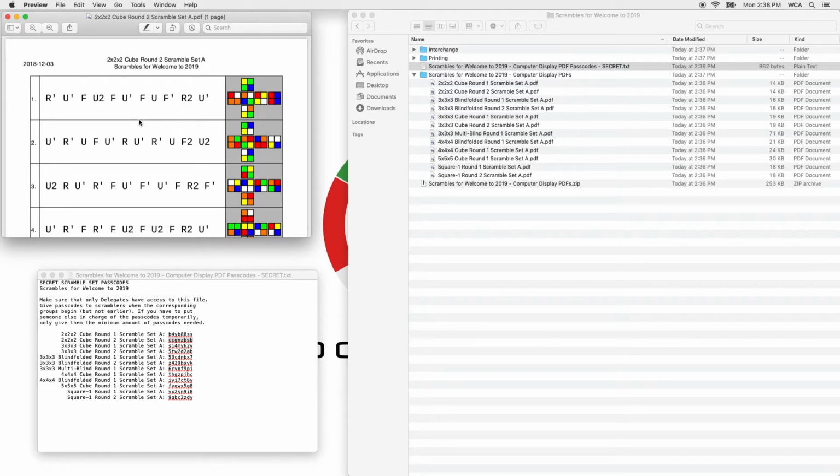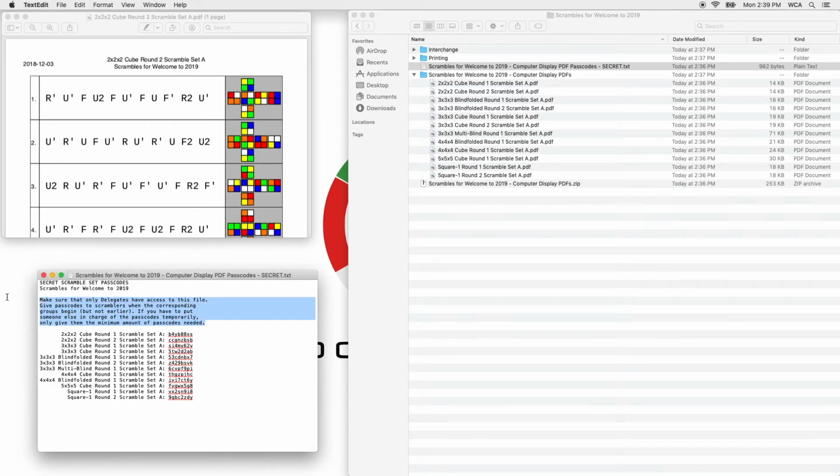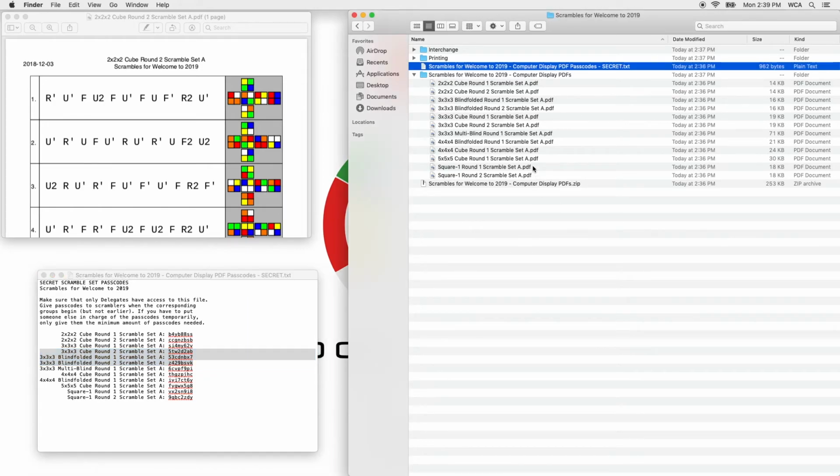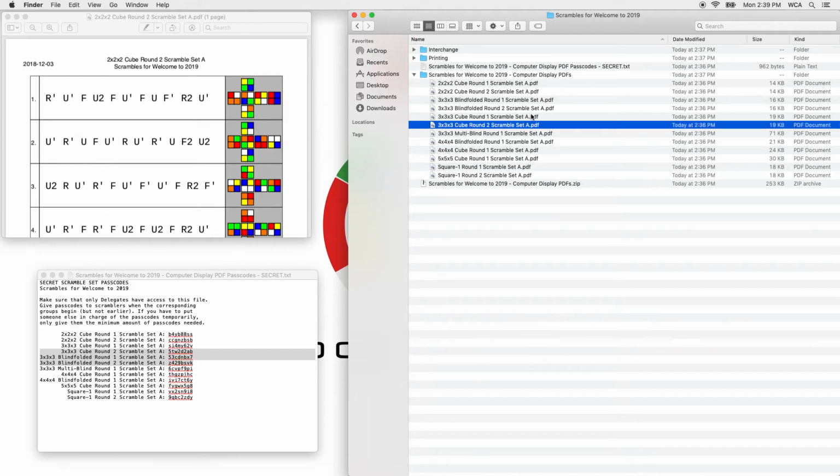And as described in this file, the delegate should make sure to keep access to these scrambles restricted, but if they ever need to, let's say, compete in a long event themselves and there are no delegates available, they can pick one trusted person, only give them some set of scrambles without sharing all of them, and allow scramblers to open only those groups. And of course, you can also make sure to only distribute certain PDFs inside this zip to certain scramblers if you have a very large competition or multi-day, just to make this even safer.